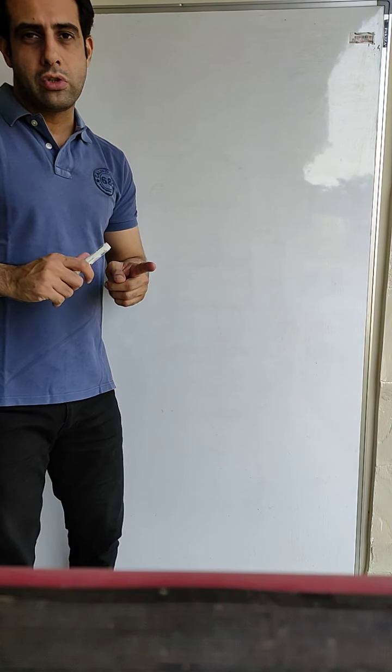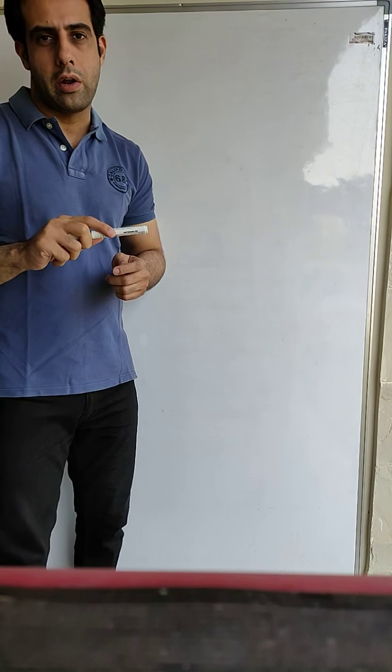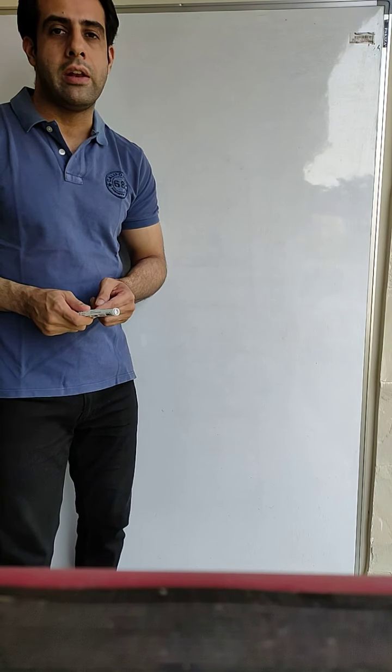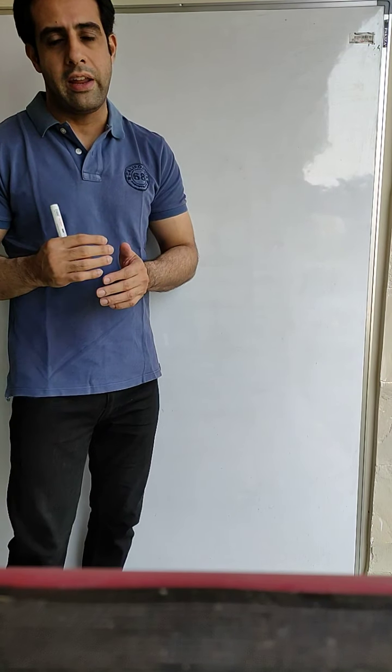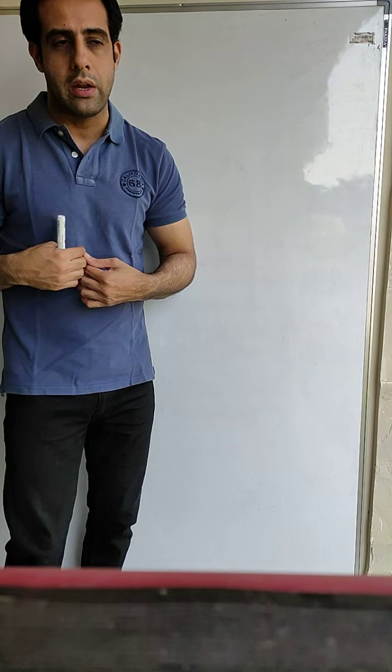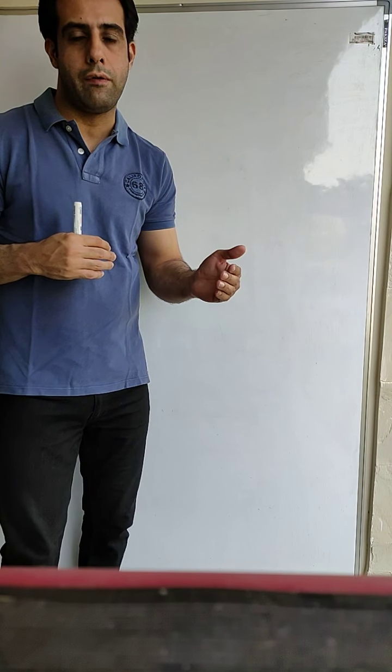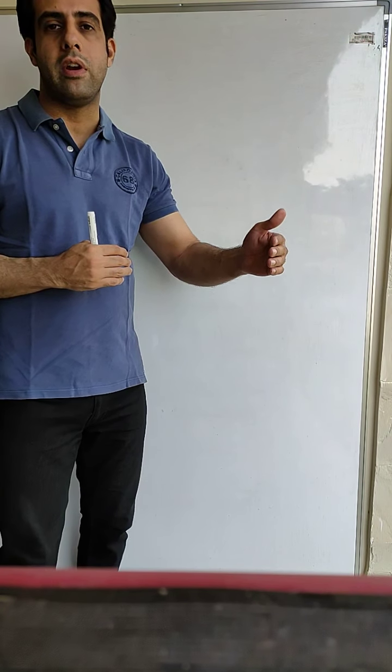Now what was a uniform motion? Equal distances covered in equal interval of time. That will happen only when the velocity of the object or the body remains constant. Like if I am traveling with 50 kilometers per hour and I do not change my velocity from 50, only then I will be able to cover equal distances.